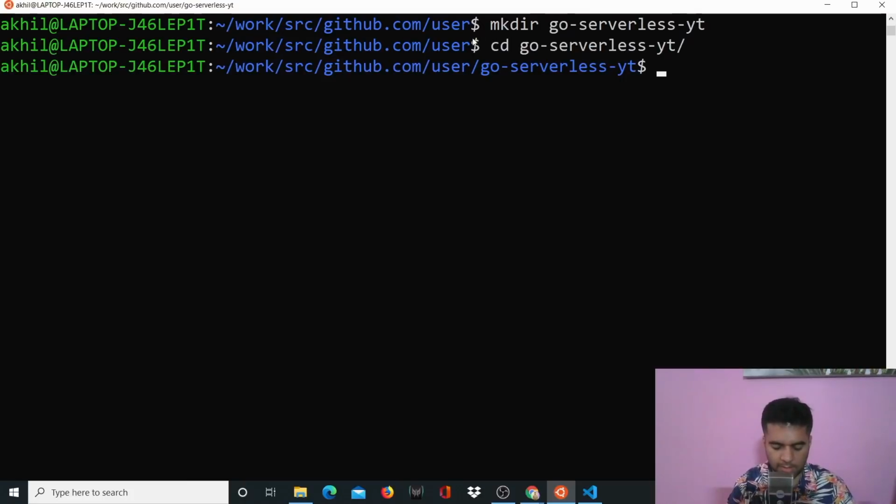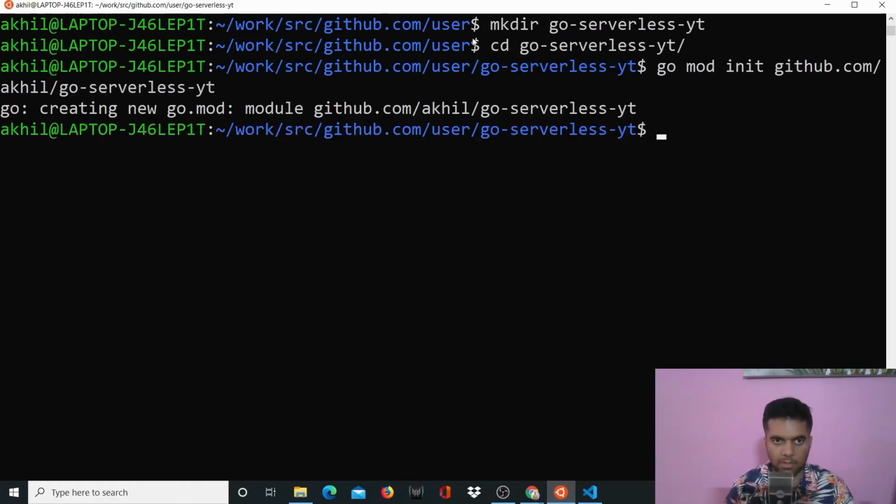All right, and here I'll say go mod init github.com/Akhil/go-serverless-yt. So that's my project. It's initialized go mod for me. Go mod is basically like my package.json file, if you're from a JavaScript background. It'll have all my dependencies for me, easily listed out. So now what I can do is I can just open this project up in